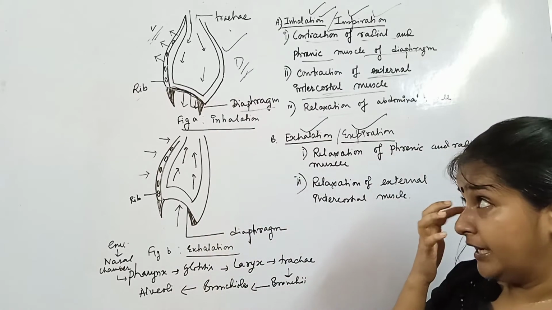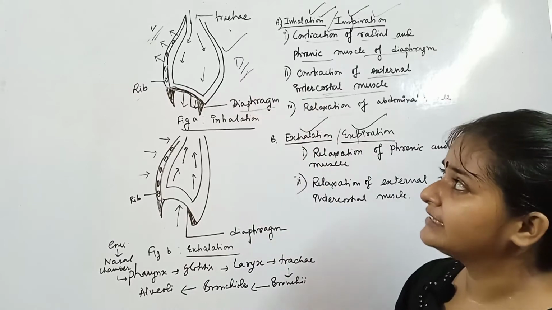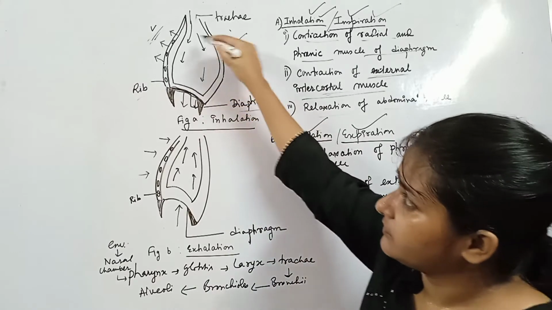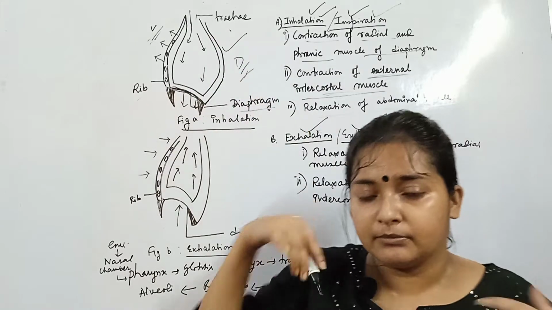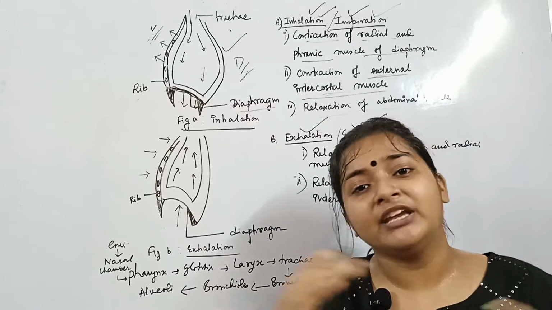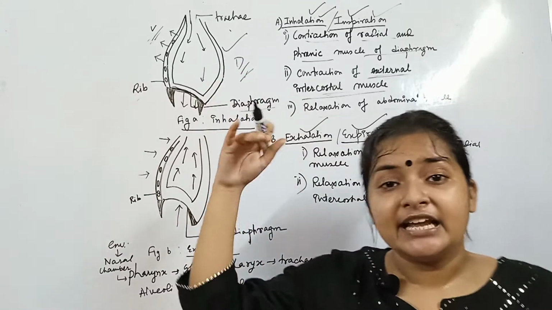If the volume increases, then pressure goes down. That happens inside the thoracic cavity. The space inside this thoracic cavity enlarges, volume increases, and its pressure